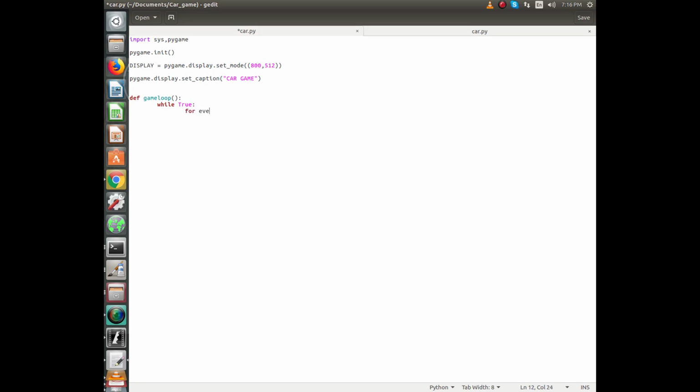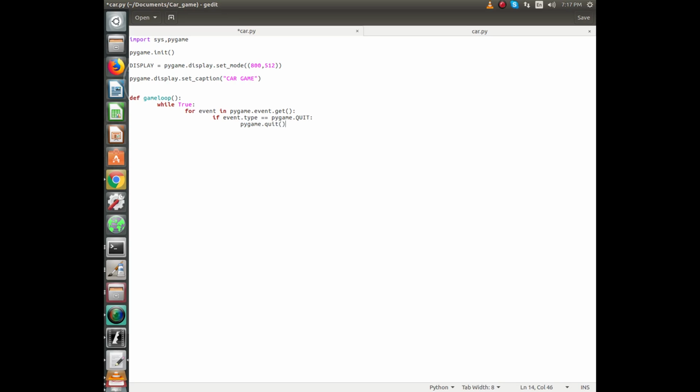Inside, the first thing that we will do is check if the user wants to terminate the program. This can happen by calling the function pygame.event.get(), and this function allows us to interact with our program by pressing a button or by mouse clicking. Here we will say if an event happened, and if this event is pygame.QUIT, which means that someone clicked on the quit button on the top left of our window,